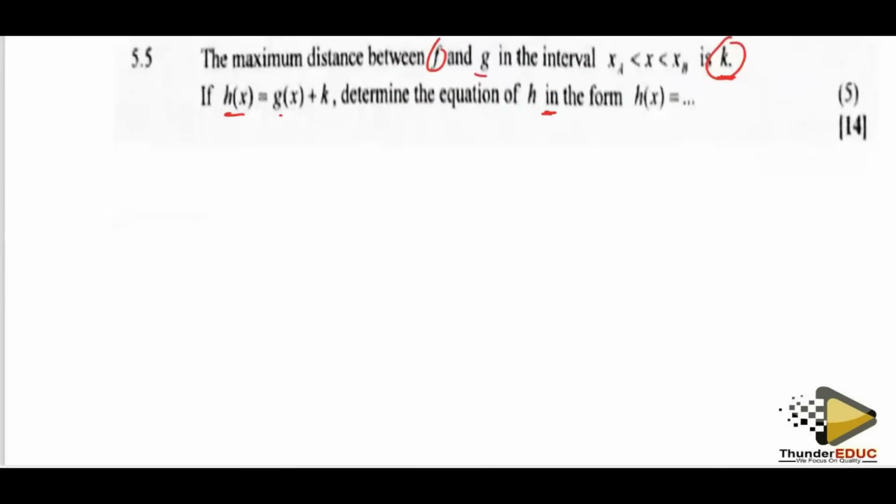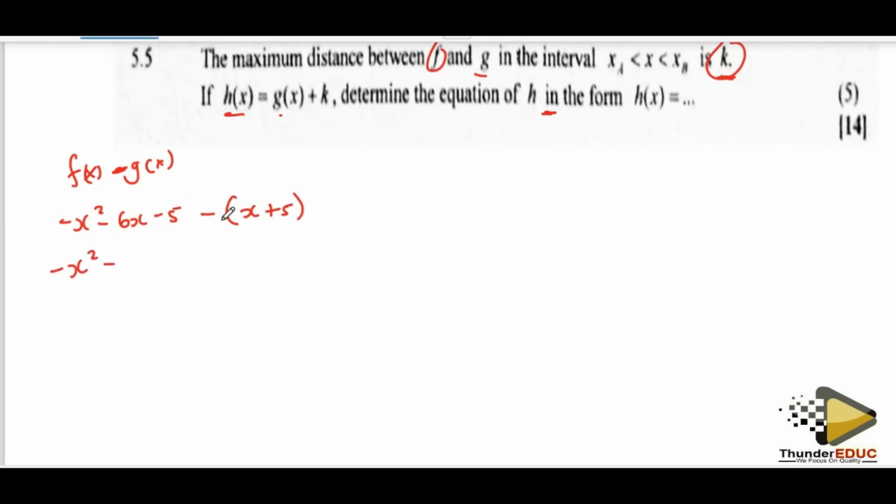So I'm just going to say f minus g of x. Remember that was x squared minus 6x minus 5, and then I'm subtracting x plus 5. So that's -x squared minus 7x minus 10, which you already had. Then we need to find the maximum. So for maximum distance,